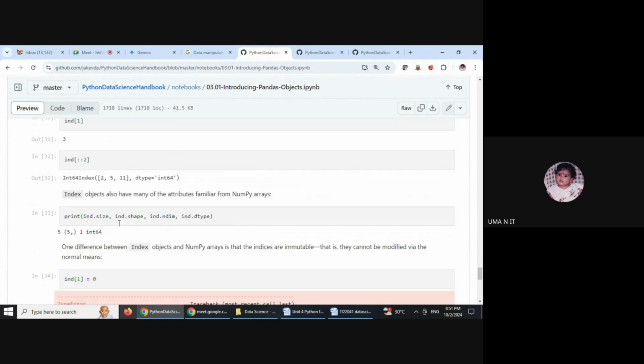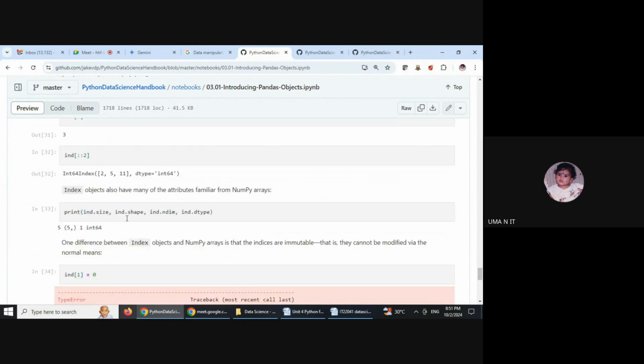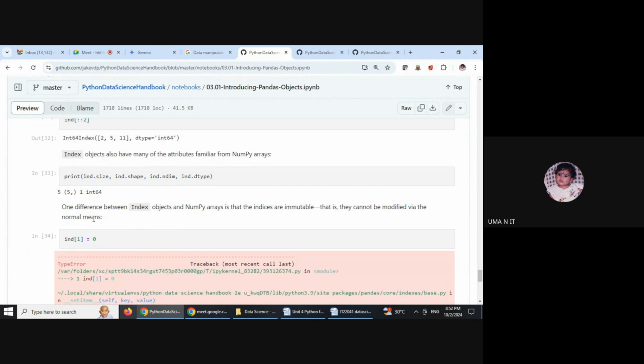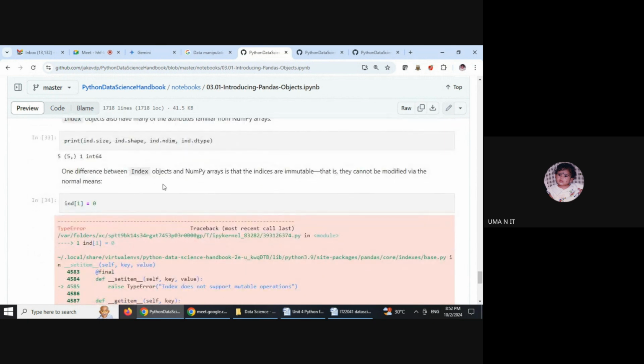And we can extract index.size, shape, dimension, and then type. So size will be 5, and shape will be 5, only one row, because this is a single-dimensional array, and dimension is 1, and the data type is integer with 64 bits. So the difference between index objects and NumPy arrays is that indices are immutable.